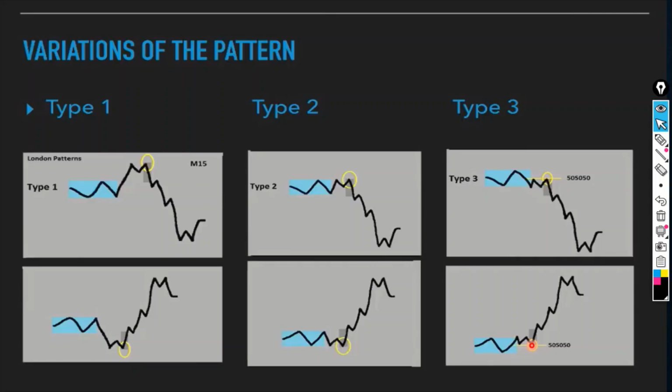Okay, the type 3 will be mainly caused by early movement in Asia, which will happen to be the early news that happens in Asia. Okay, so today we talked about many variations, candlestick patterns, pattern variations, type 1, type 2, type 3, which happens to be the London patterns,